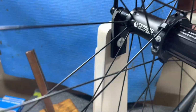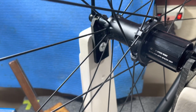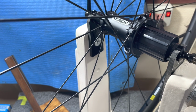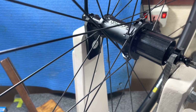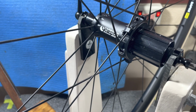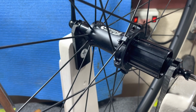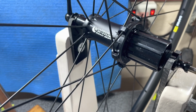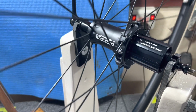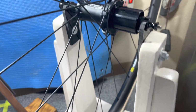I've got Campagnolo Urus wheels with a G3 spoke pattern on my other bike, and I love those wheels. I love the hub on there. Campy hubs are hard to beat. It makes about twice that volume of noise, but it's a lovely noise, and I think riders like to hear that. So I'll have to get this out on the road and see if I fall in love with a quiet hub. Anyway,